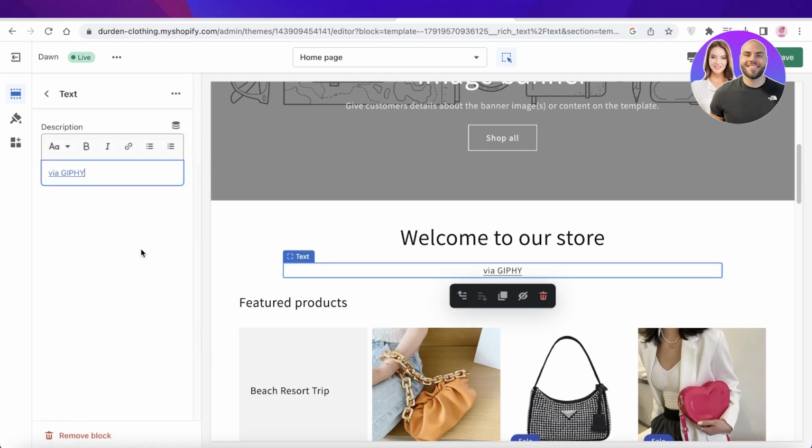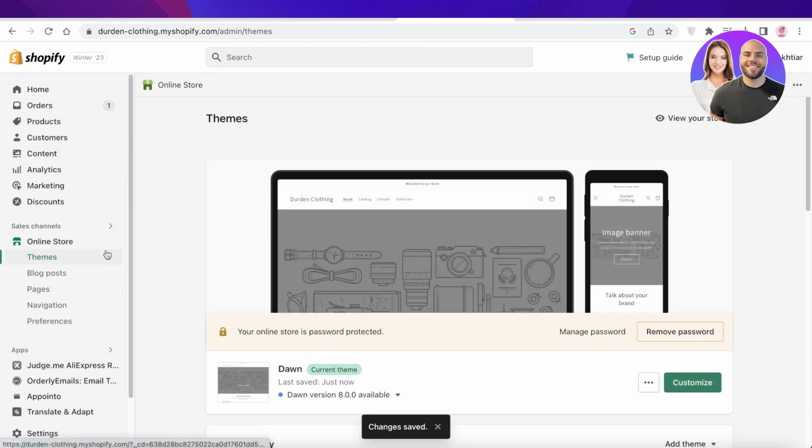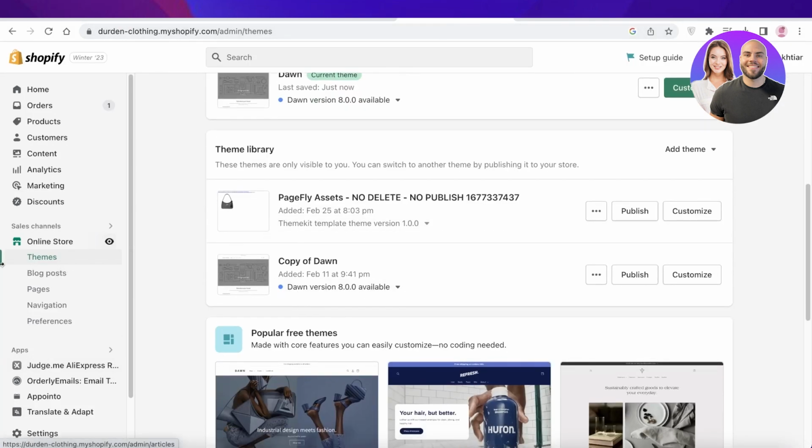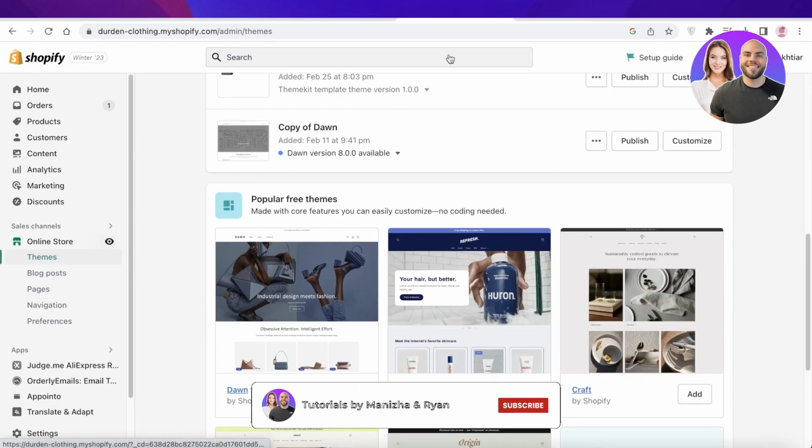So you can click on paste, and it says via Giphy, and it will actually show up the GIF, and you can click on save on the top right. And you have now added a GIF. If you exit and view your store, you will be able to see the GIF has been added. Now, other than that, you can also go ahead and go into your products page and add GIFs over there